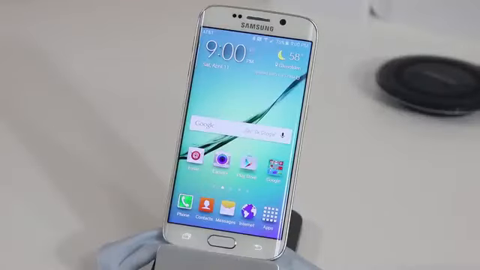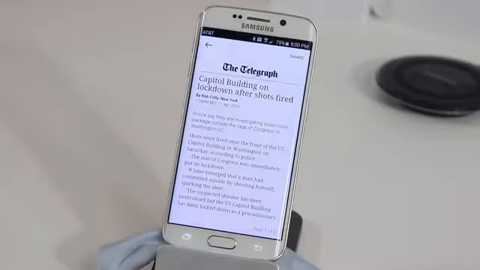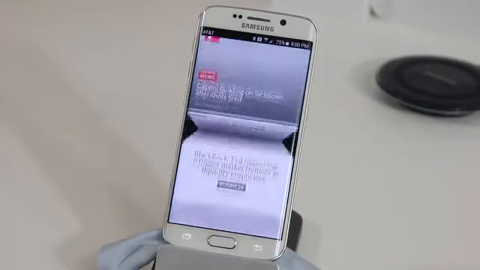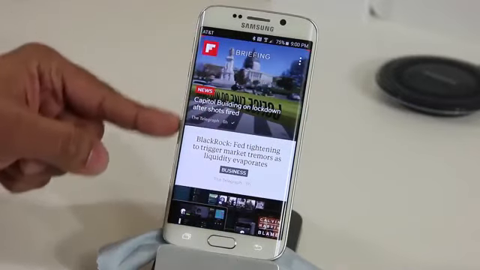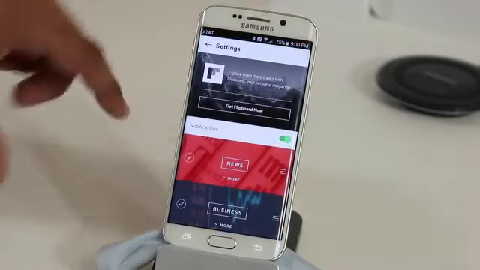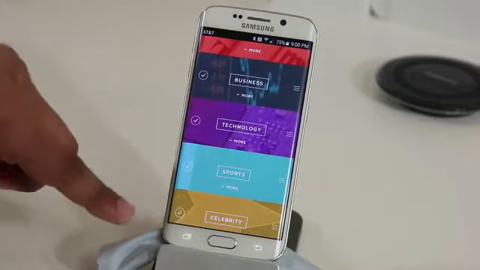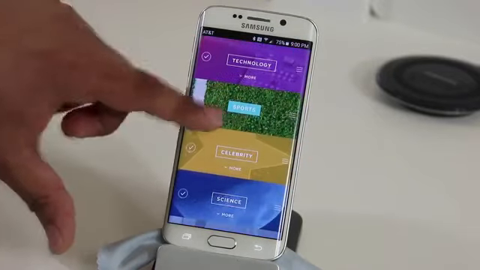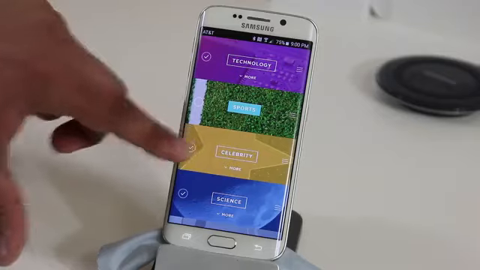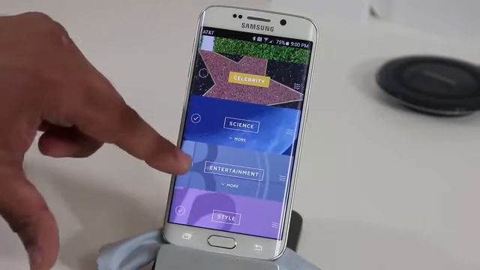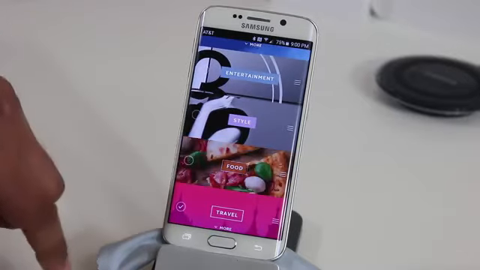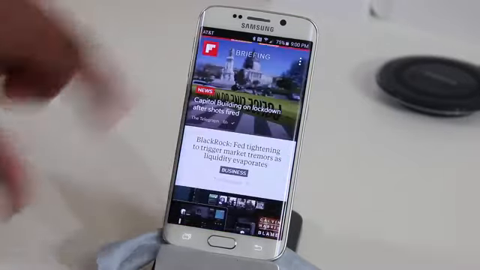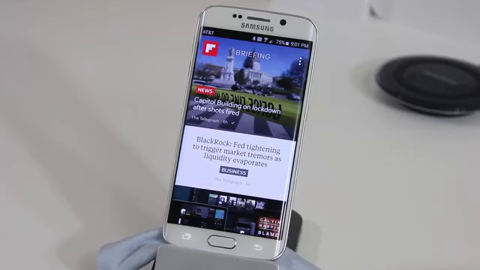And I'm sure a lot of you guys know that the Samsung comes with the Flipboard briefing feature. If you swipe to the right, you get this Flipboard-like magazine interface, which some people like and some people hate. And this is customizable, of course. If you tap this icon right here, you can go down, and let's say you don't like sports, you can take that off. If you don't like celebrity news, as I don't, you can take those off. You can keep science, you can take entertainment off, you can keep style off, you can take food off, and then you can go back here, just tap that button, and now it's only going to feed you what